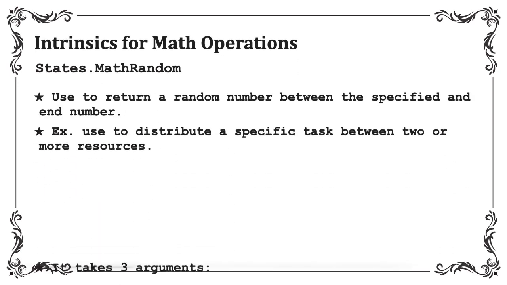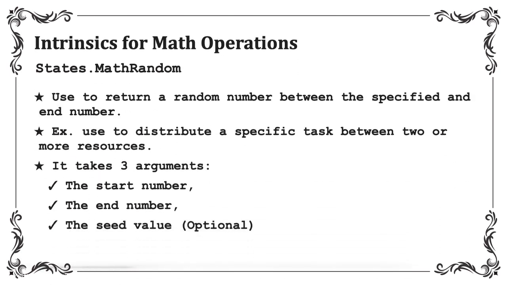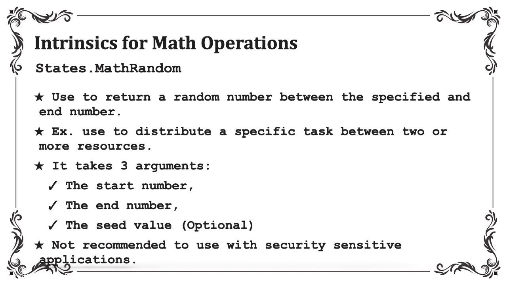We use the MathRandom intrinsic function to return a random number between the specified start and end numbers. For example, you can use this function to distribute a specific task between two or more resources. This function takes three arguments. The first argument is the start number, the second is the end number, and the last argument controls the seed